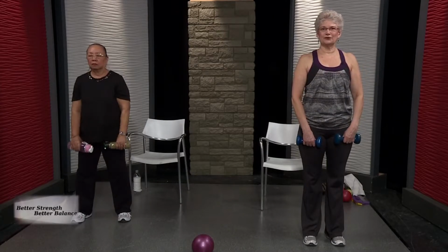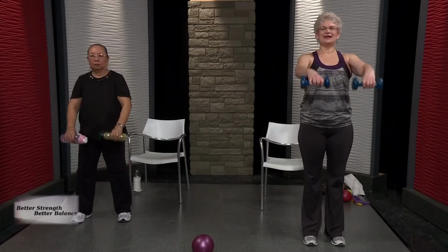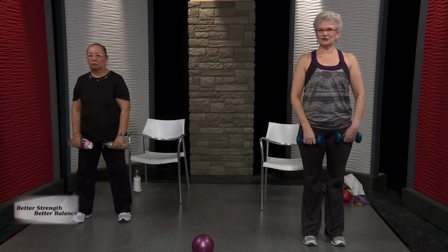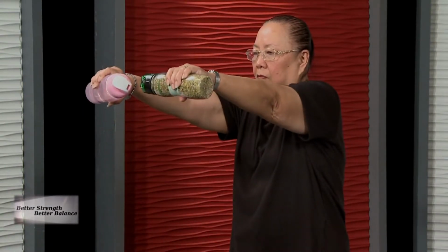Now lift both. We're good. Again, single, one arm, shoulder height. The other arm, shoulder height. Both arms, shoulder height. We're good. We're gonna do one more set. Single, single, double. Lift,